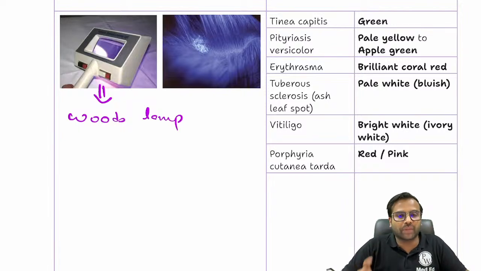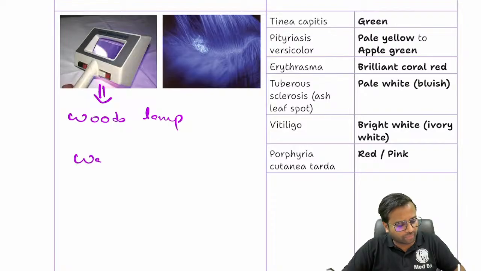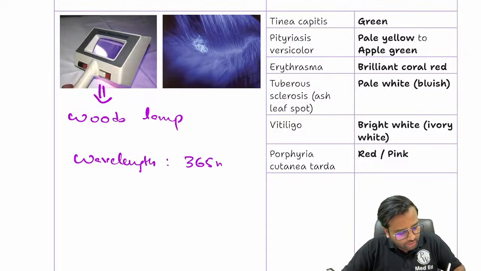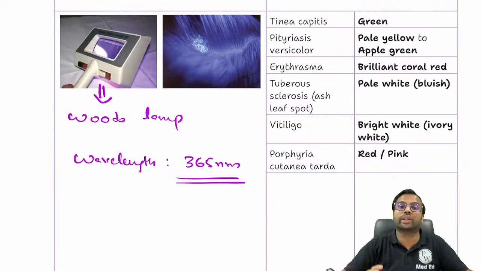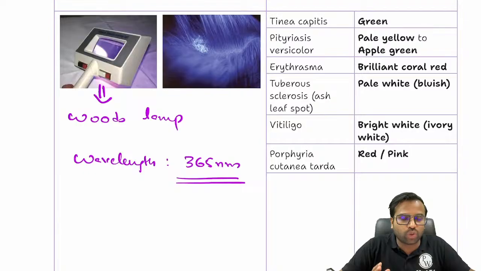And please remember, in Woods lamp, remember that the wavelength of a Woods lamp is 365 nanometer. The wavelength is 365 nanometer. And what is most important is this table. So all of you have to memorize this table, because in some diseases, it may show you a certain color